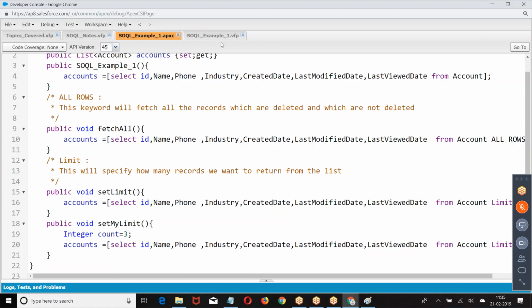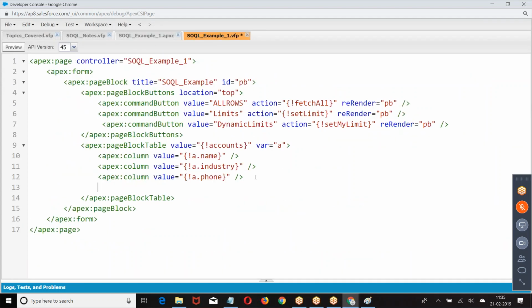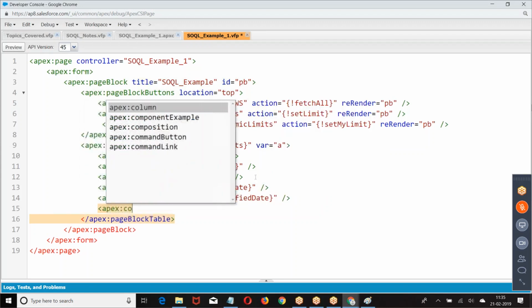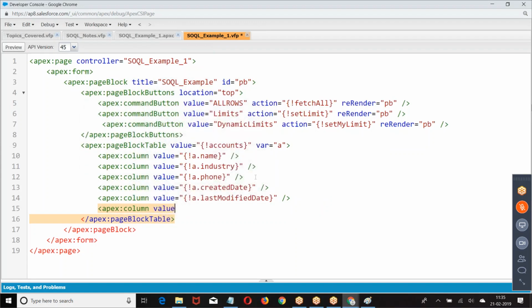Then I have to go back to the page. Now go back to this.